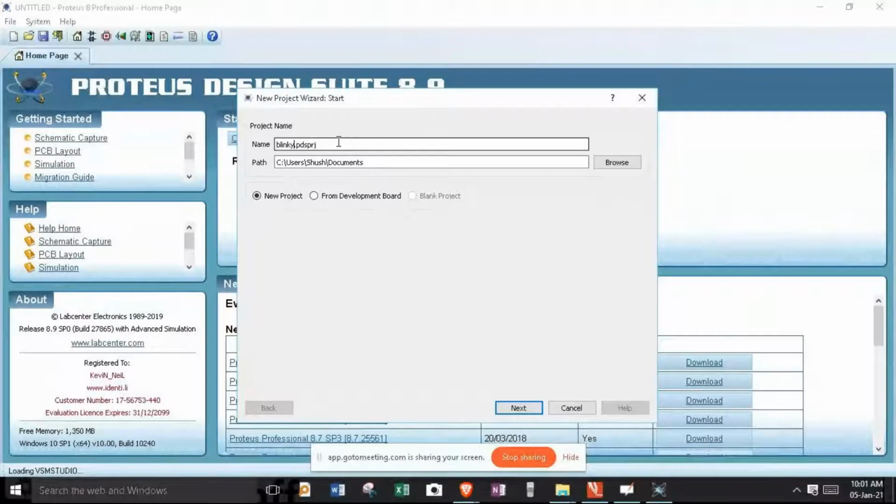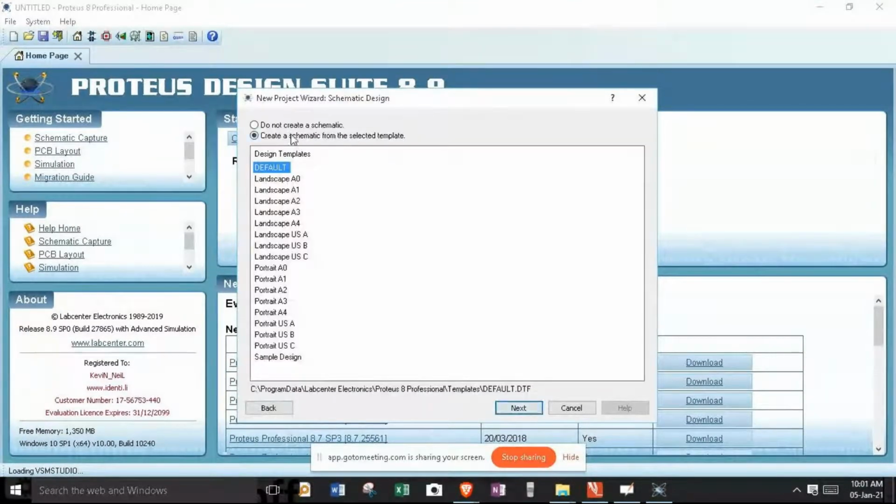This project will be saved under C drive, Users, whatever your administrator name is, followed by Documents. Hit next, and by default it will ask you to create a schematic capture and for its size; let's keep the default size.